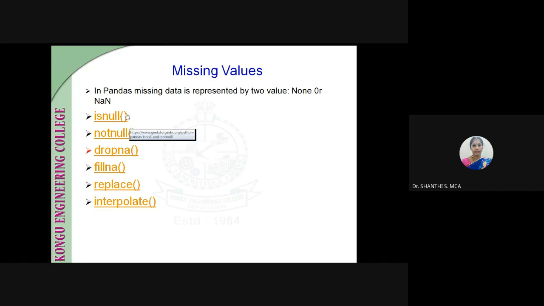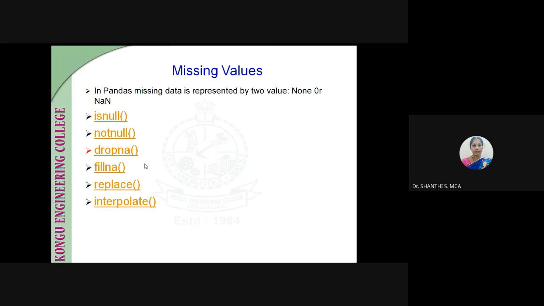If it does not have a null value, it will return False. Drop is used to remove the rows which have a null value. Then fillna, replace, and interpolate. These methods are used to fill the missing value with different values.